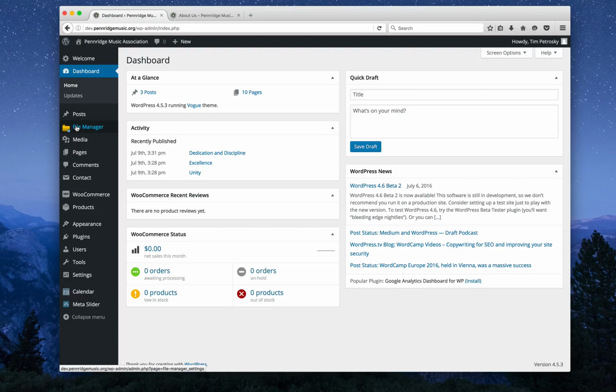You probably won't need this. This is for something special. Media is where we upload files to be used on our web pages. This could be PDFs, it could be images, or what have you. Pages are exactly what they sound like. They're actually the pages. Again, a lot of these things that you use, we're going to